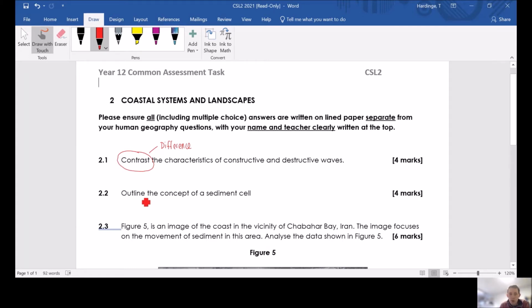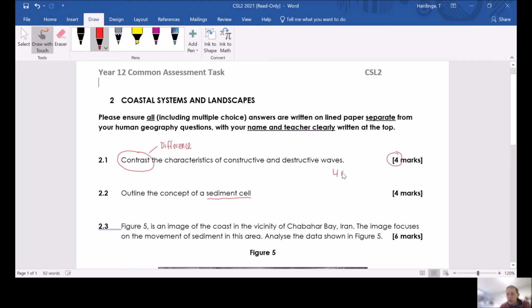Second question, outline the concept of a sediment cell. So you need to have a look back in your notes if you're not sure about what sediment cells are, and pull up for me some concepts, some points about what a sediment cell is, how sediment is inputted and moved around that system. With both of these questions, remember that because they're worth 4 marks, you want to be